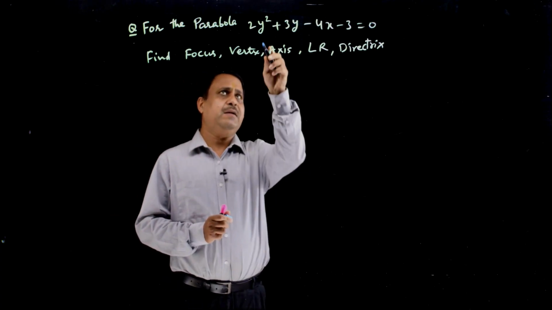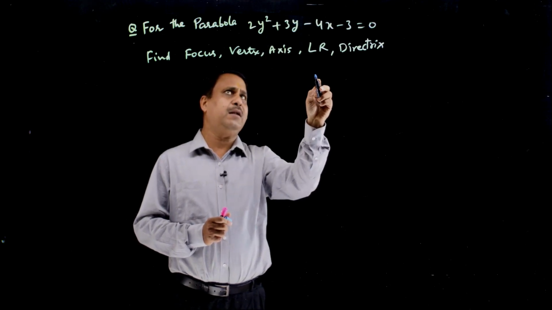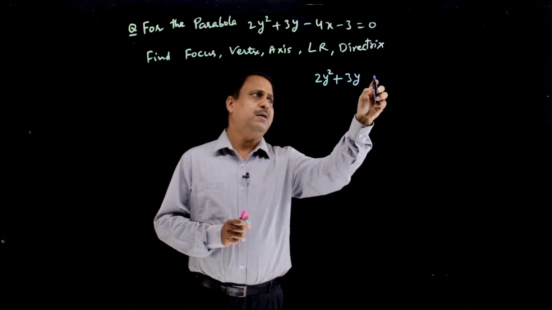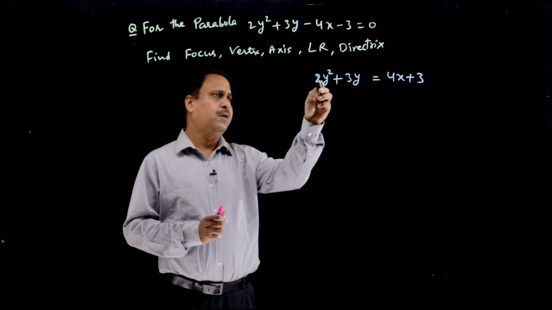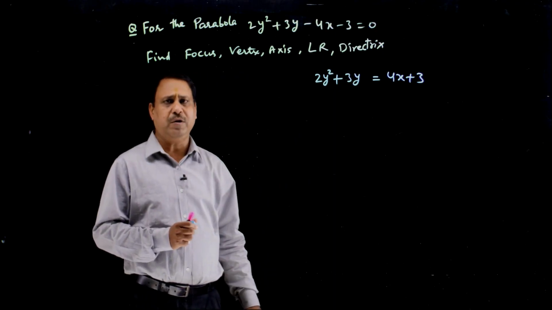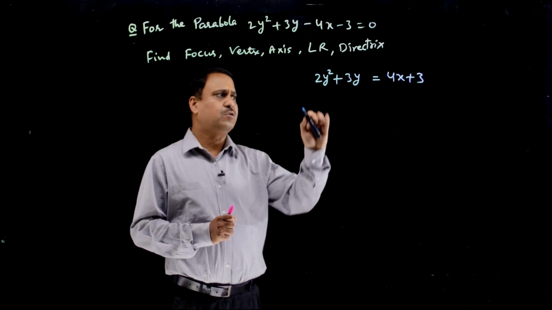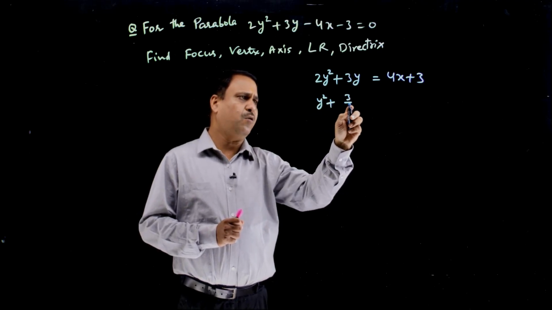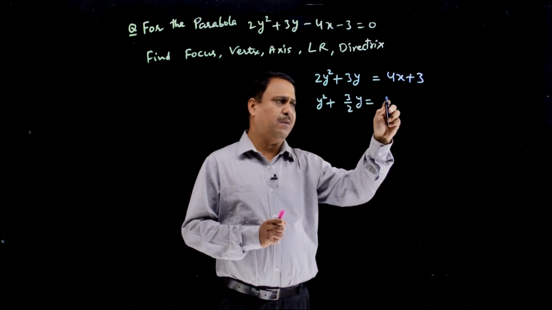So we can write this as 2y² + 3y = 4x + 3. The x terms I am sending to that side. Divide by 2, because the coefficient of x² and y², wherever it comes, must always be 1. Remember this point. So I will divide both sides by 2, and I will get y² + (3/2)y = 2x